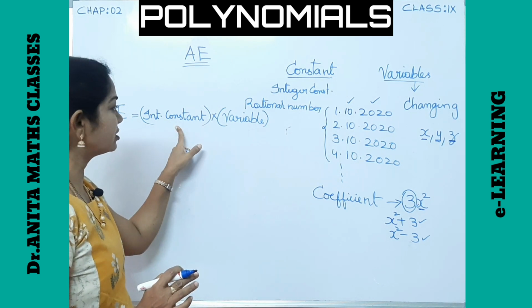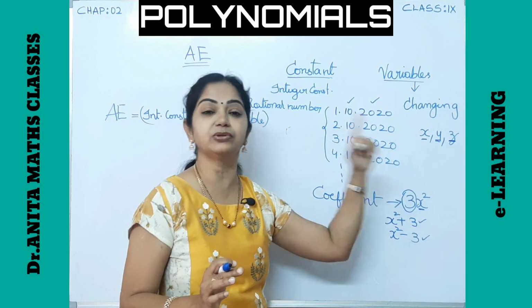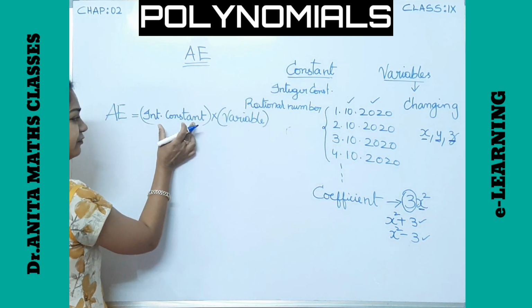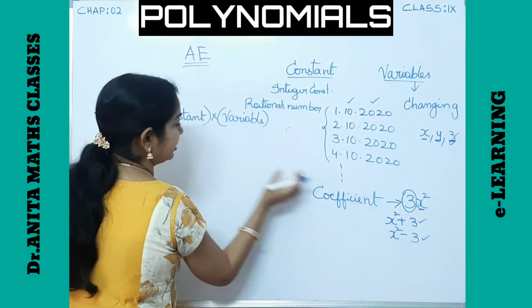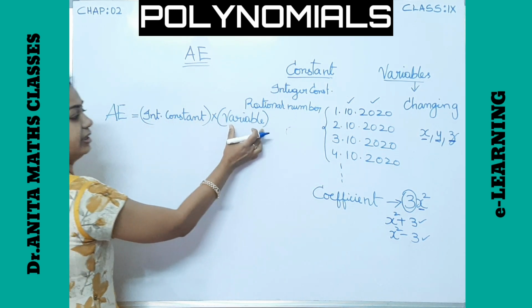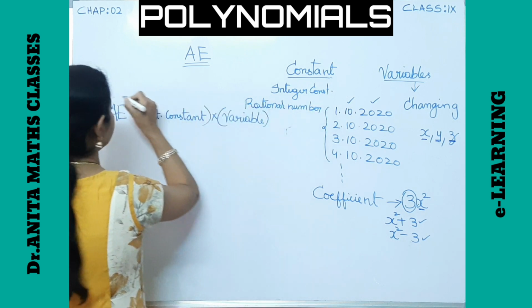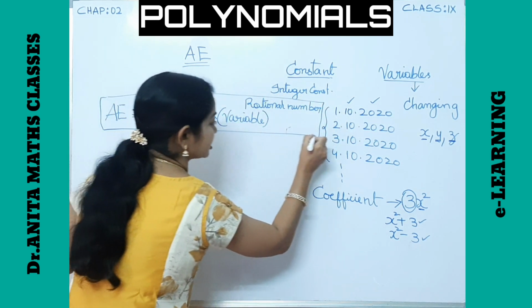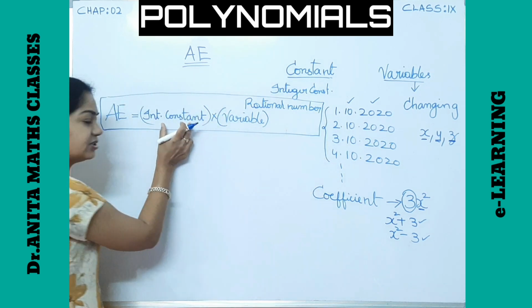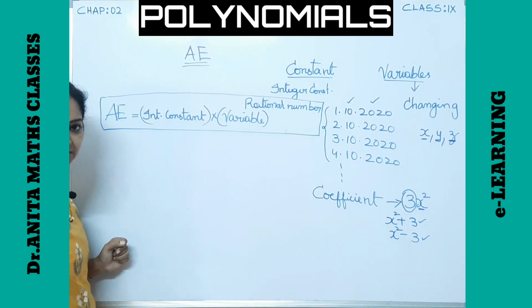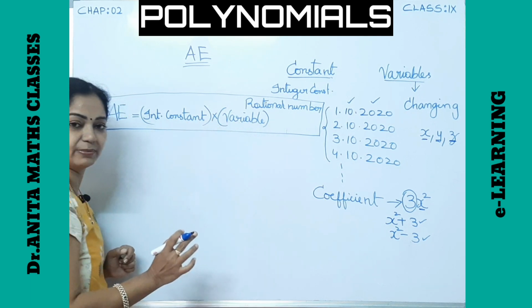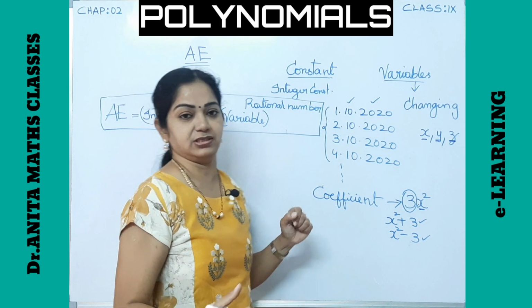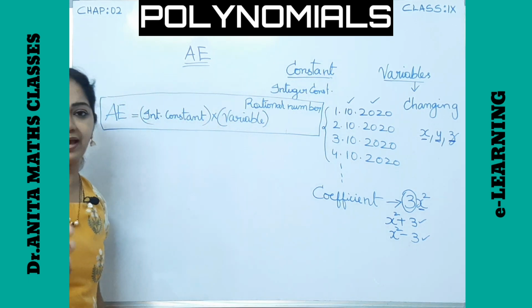And if the integer constant is added or subtracted to the variable, it is called just a constant, okay. Here, simply for the matter of writing, I have written integer constant into variable to the rational number. This is our definition of an algebraic expression. Here the integer constant is nothing but the coefficient, because it has been multiplied to the variable. If it is added or subtracted, it is just a constant, okay. Now this is all about algebraic expressions.